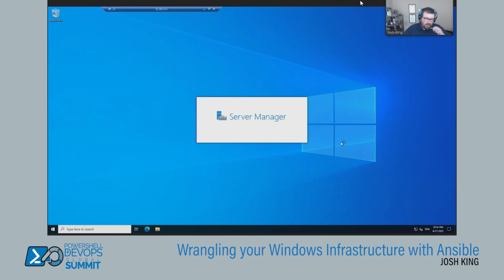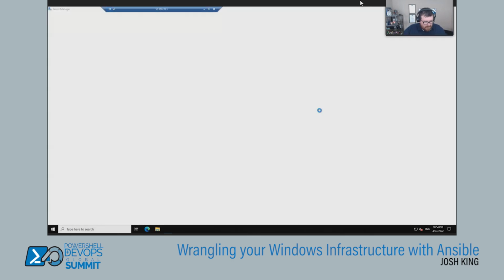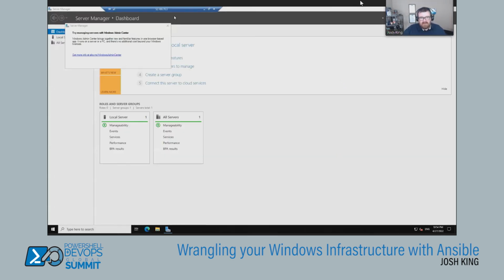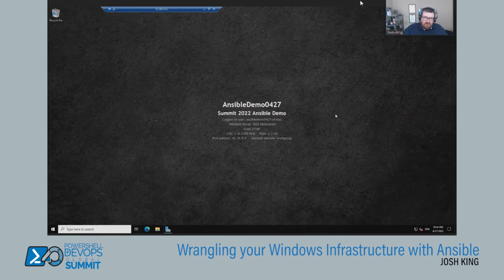While it's loading, I will say I did have to cut some content from this demo. So if you go and grab my demo code at the end, there's some extra stuff in there. I think the main thing that came out was setting firewall rules, which was its own task file as well. All right, so our back info worked with that description that we substituted into the config file